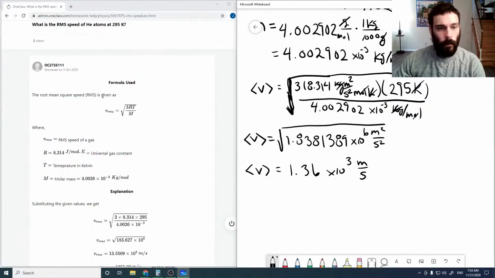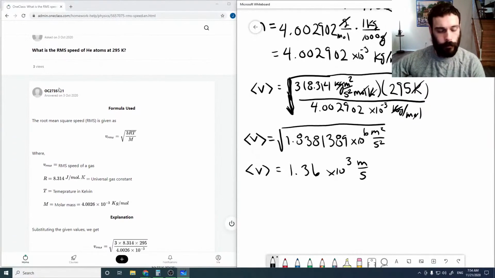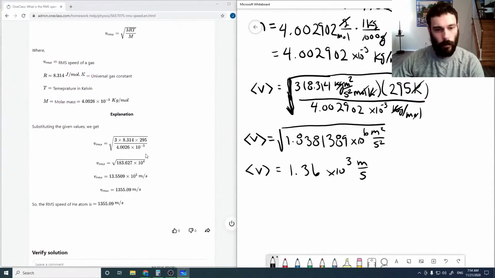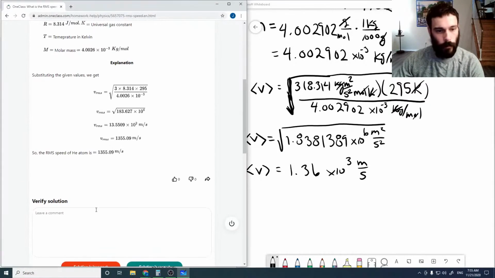And if we go through the solution here, again, using everything in kilograms, doing the math, 1355, so rounded to 1.36, and so that